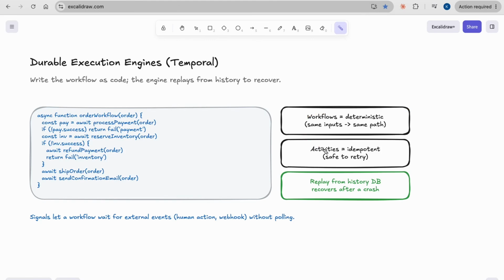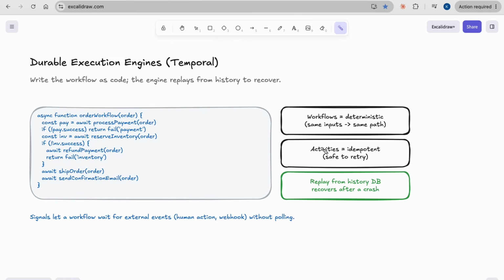Recovery works by replay. Every activity result is recorded into a history database managed by Temporal itself. If the runner running the workflow crashes, another runner re-executes the workflow function from the top. On replay, for an activity that has already run, the history hands back that result instead of running it again.